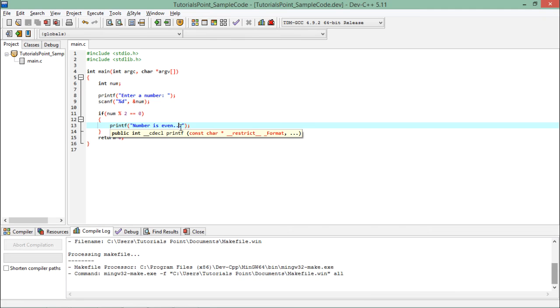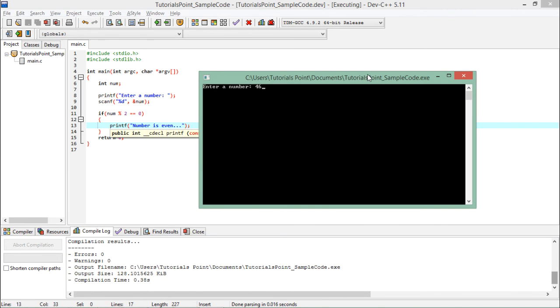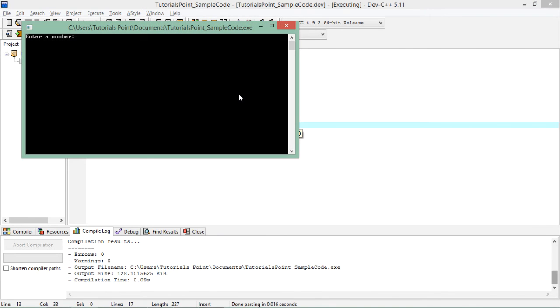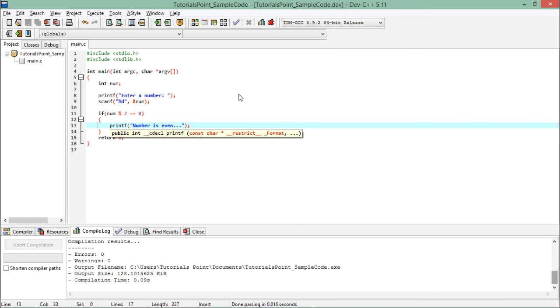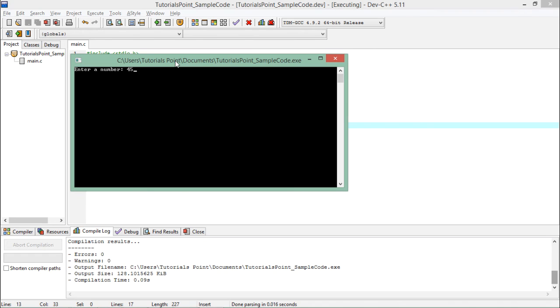So let's execute this, and here I'm going to enter a number such as 46. So here you can see number is even. Similarly, when you execute it again, you can enter something like 42. Again, number is even. But if you enter any value which is not divisible by 2, for example 45,